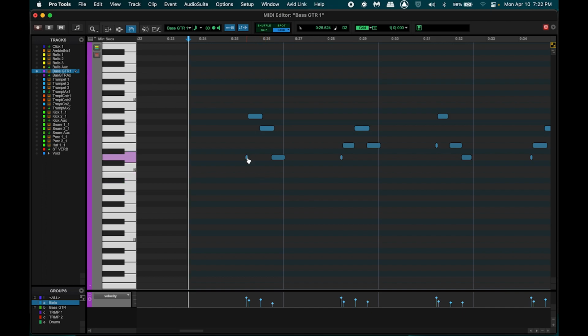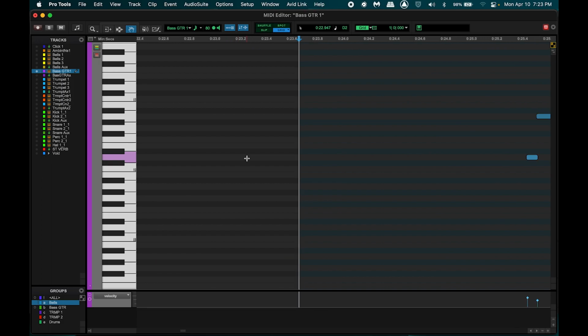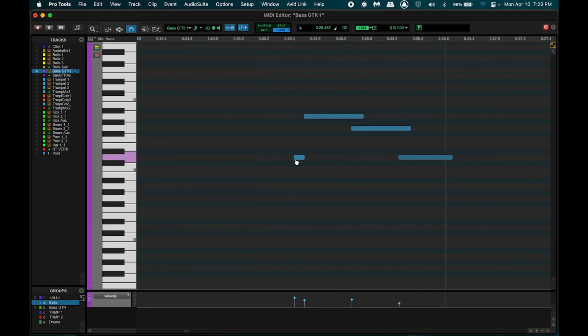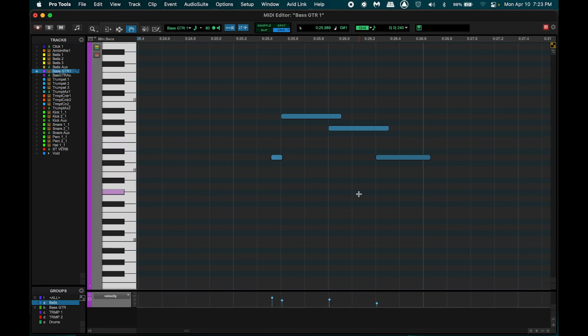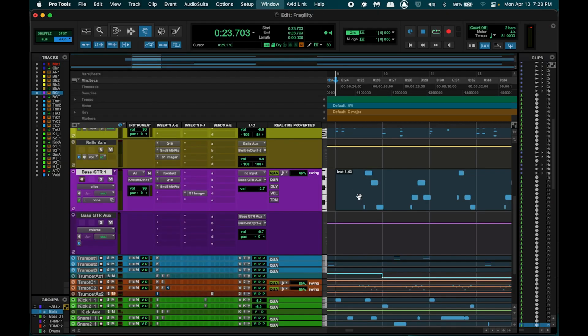And I do a technique called ghost notes a lot of the time, so I'll add in very quiet notes, and I spend a lot of time just clicking and doing whatever I feel I need to create a very human sound here. But yeah, I just create ghost notes. And so I will play it sometimes, but a lot of times I just like to click, and it just sounds better to me, but to each their own. So the bass guitar here, I'm going to just play a snippet for you.